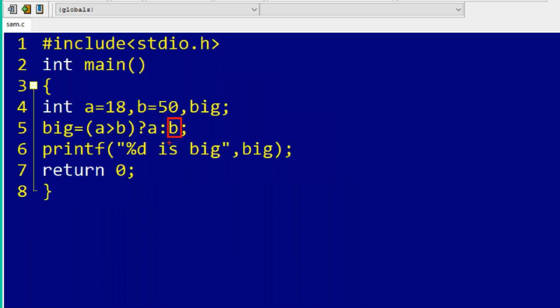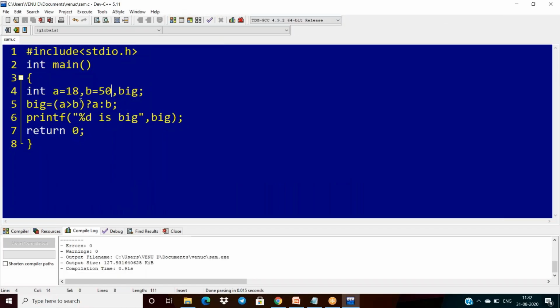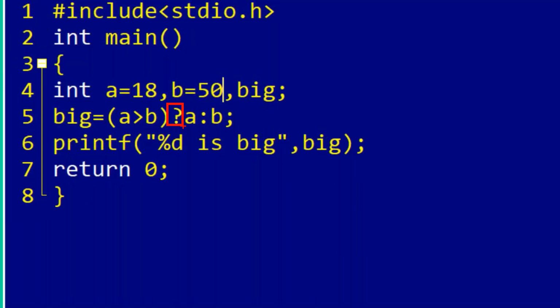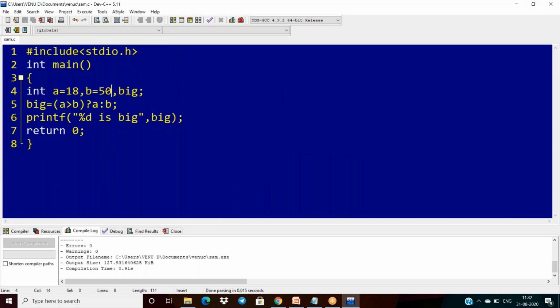So how does the ternary operator work? It uses a question mark and a colon. If the expression is true, the statement after the question mark is evaluated. If it is false, the statement after the colon is evaluated. That's all.